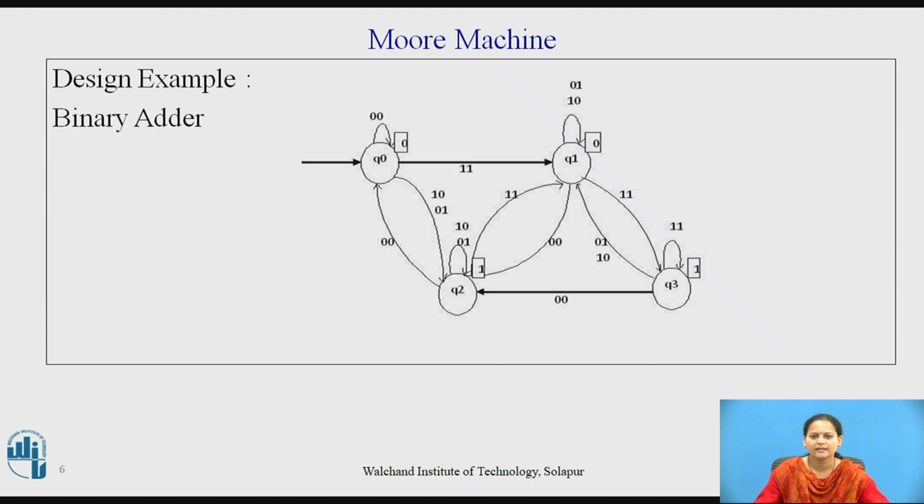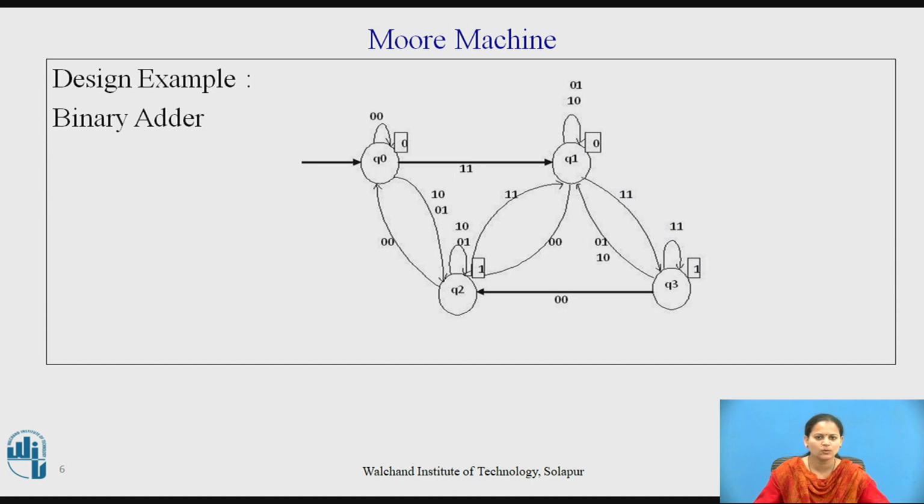States Q0 and Q1 output a 0 and states Q2 and Q3 output a 1. That is, whenever you add the given two binary numbers and the output is 0, those correspond to the states Q0 and Q1, and whenever the result is 1, the states that it corresponds to are Q2 and Q3. The output of a state is shown in a small box, or rather a rectangle, attached to the upper right hand side of the state. As we can see in the figure, states Q0 and Q2 do not have a carry bit, while Q1 and Q3 have a carry bit.